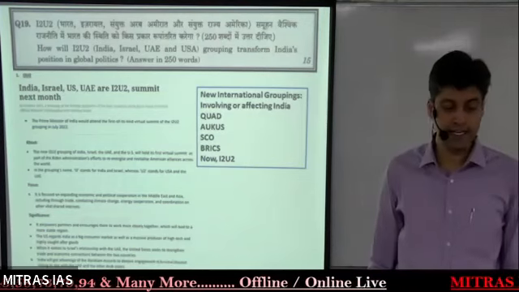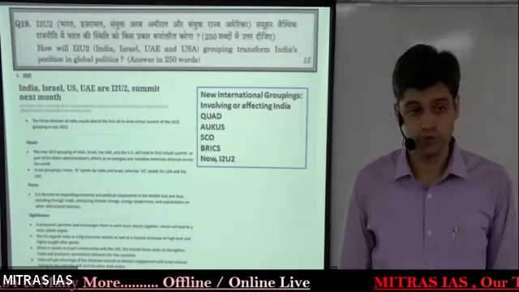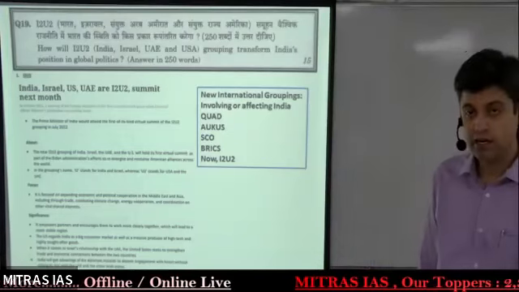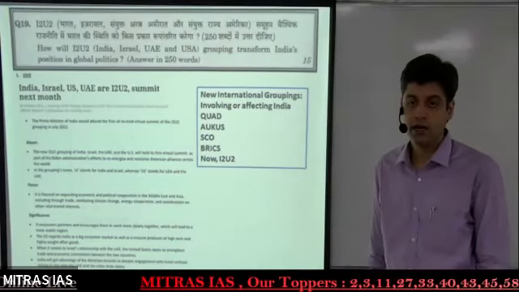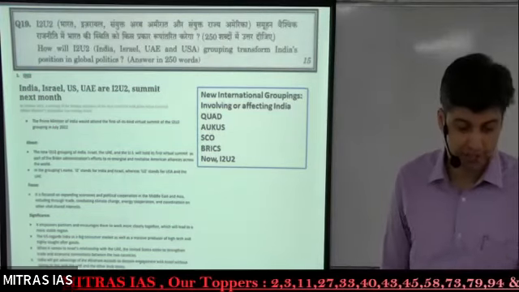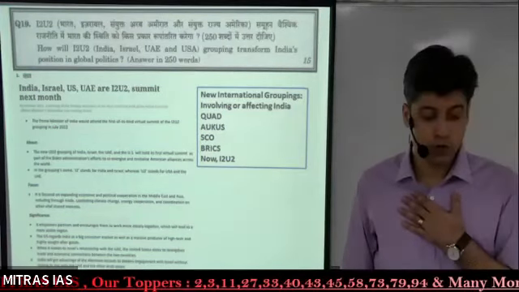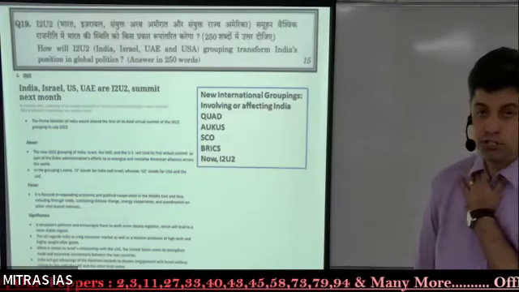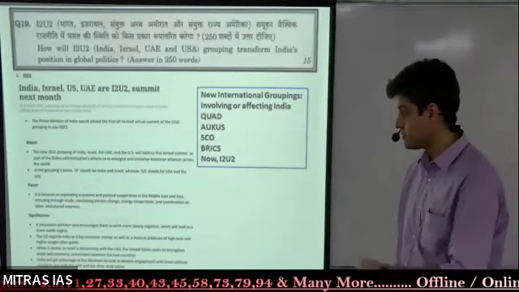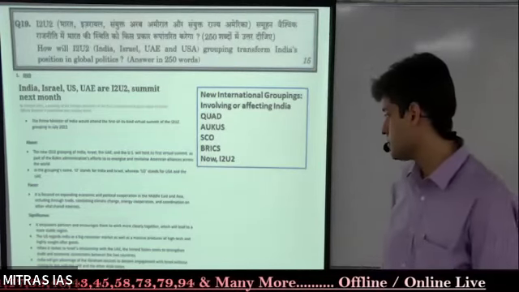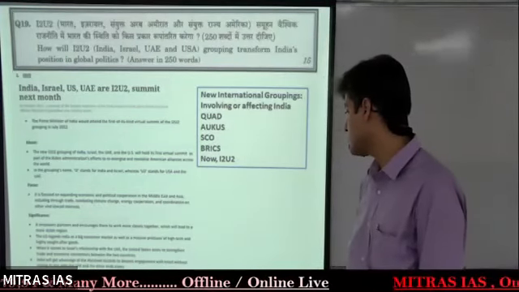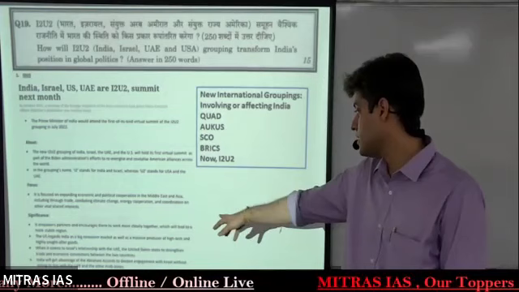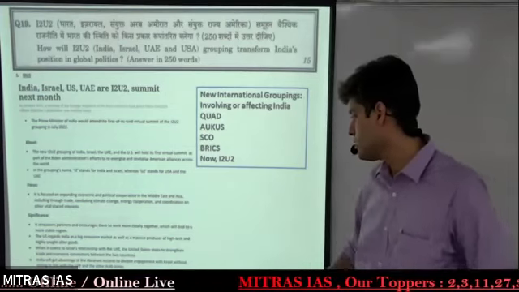So question 19 of paper 2, I2U2. Again, I have mentioned from the article which we had covered in our class, I2U2, and here I've given significance also. So how will I2U2 grouping transform India's position in global politics? And I had discussed in the class, it empowers partners and encourages them. So US regards India as a big consumer market as well as the massive producer of high tech when it comes to Israel's relationship with UAE, United States. So in a way,